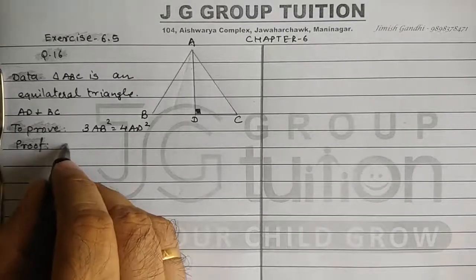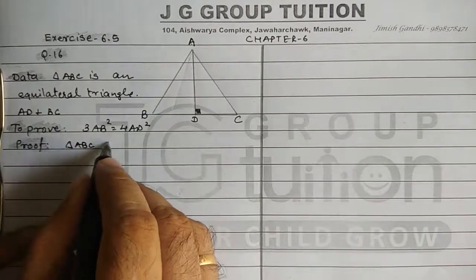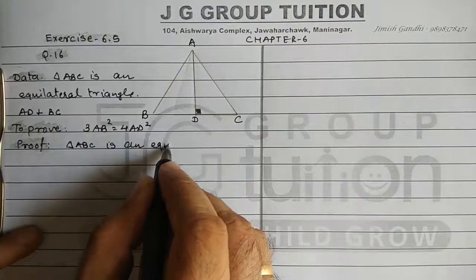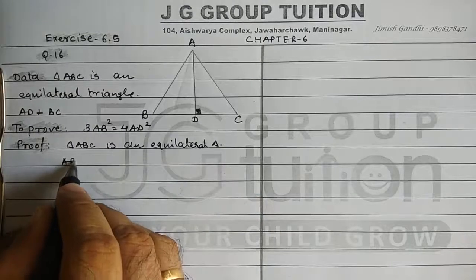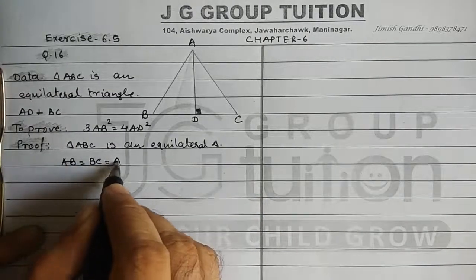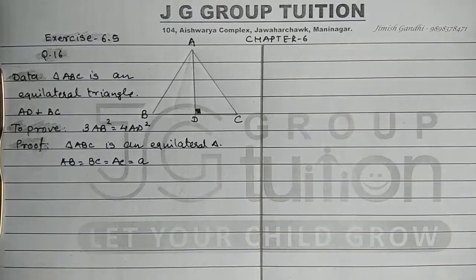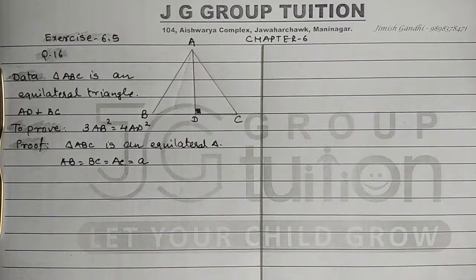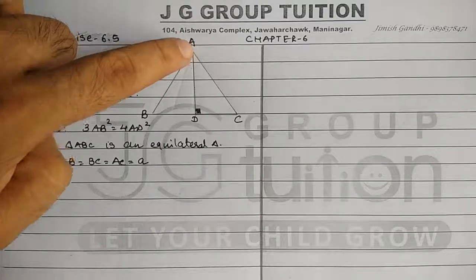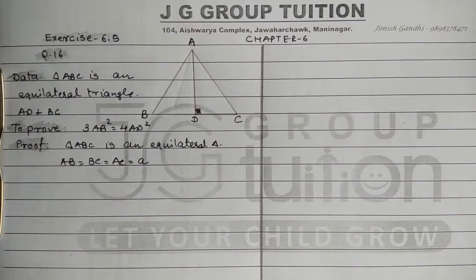So it is given that triangle ABC is an equilateral triangle. Suppose that the length of all the sides of this triangle is equal to A. In the previous question we have done that the length of an altitude of an equilateral triangle is fixed and that is root 3 by 2 A. So students, you can directly do it like that if this question will come in 2 marks. If it is coming in 3 marks, then we need to find out the length of AD. So we are doing it thinking that this question comes in 3 marks.